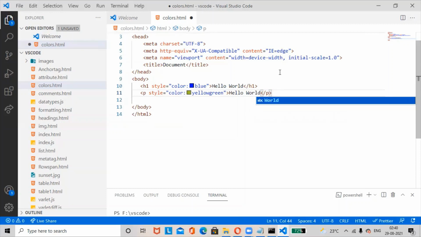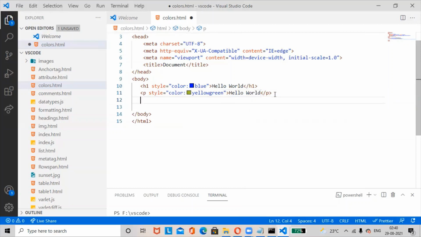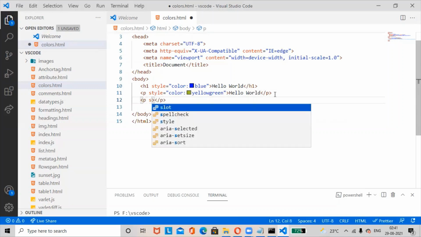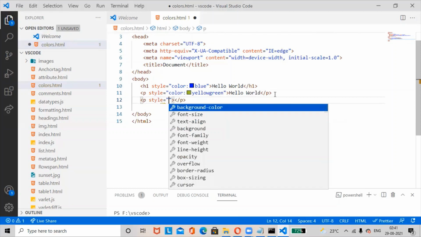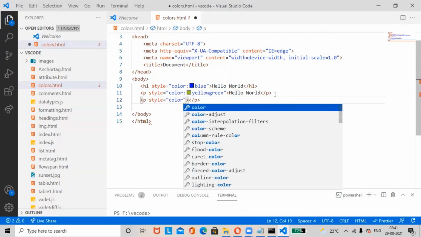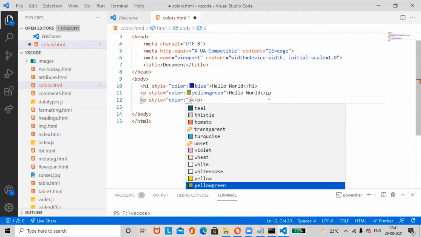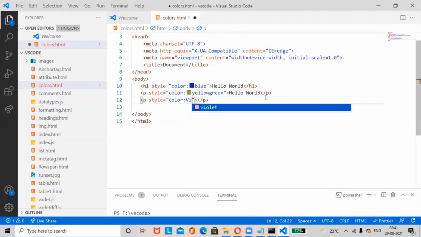Okay, one more paragraph tag will add here. Style equals to double quotes of color colon violet. Okay,